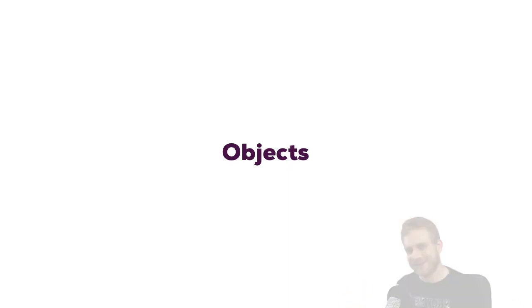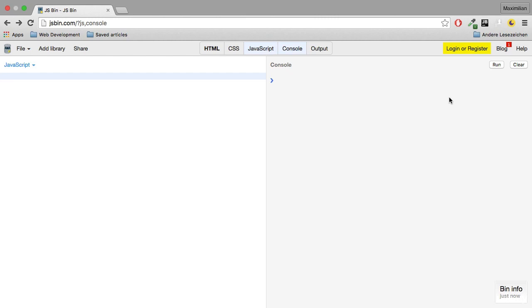Let's dive into this. Let's start with the creation of objects. I already showed one way. I can create an object by simply creating a variable, and the value which I create is, well, an object with opening and closing curly braces, and then between those curly braces I define the object. Now I was already talking about fields and methods or functions inside this object, and I want to show this in more detail here. So I'll name this object person to make this a bit more